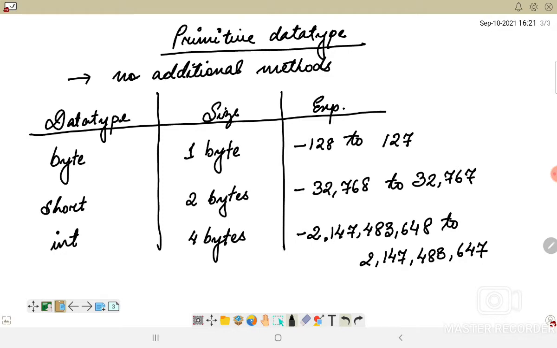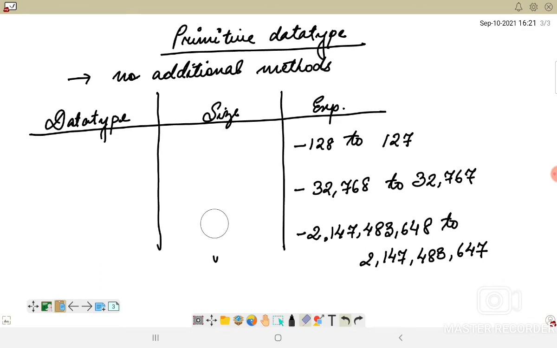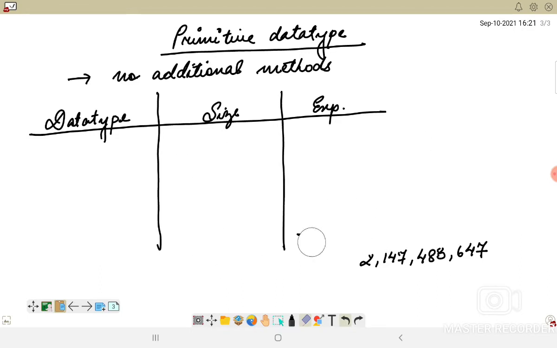So this is the range of data that can be stored within int. Most of our data is already covered by int. However, if we have to use some data which has a size greater than 4 bytes, then we have to go for long. Let me first remove the others. Now, if we are considering something greater than 4 bytes, then we have to use the data